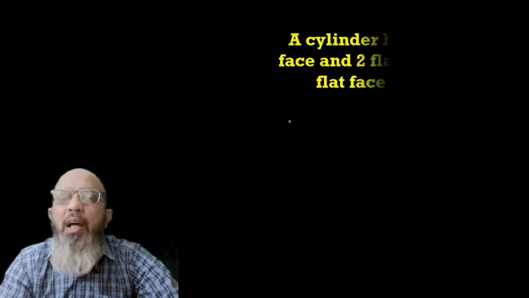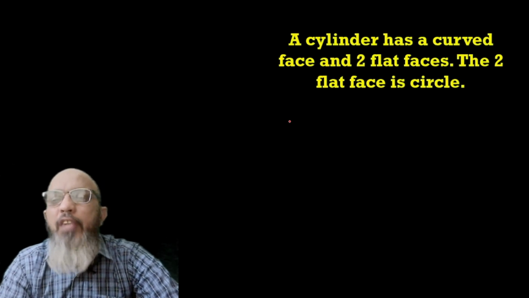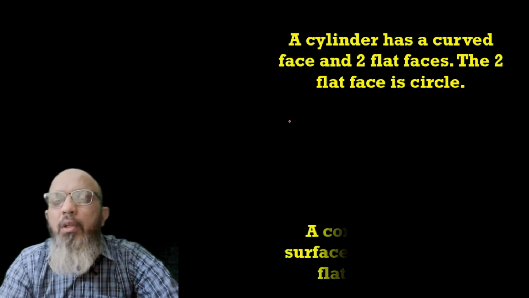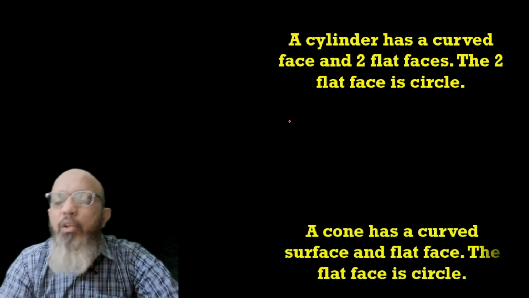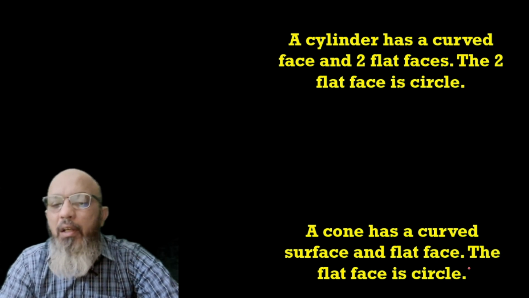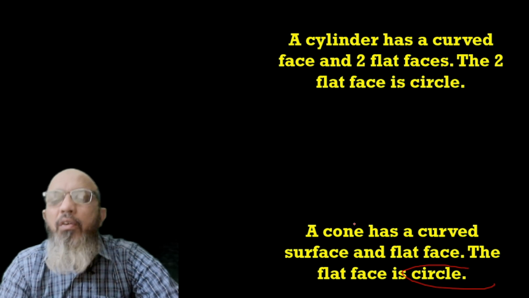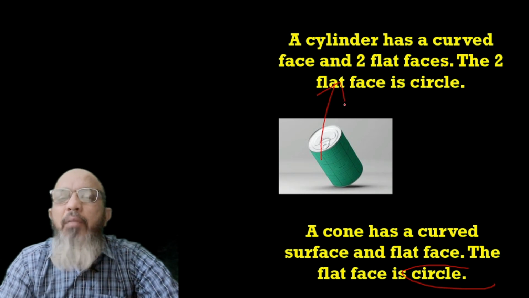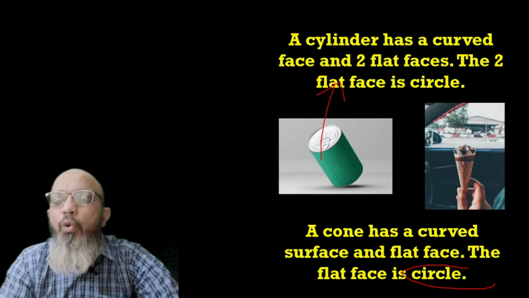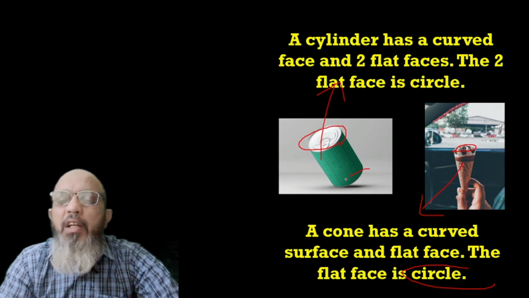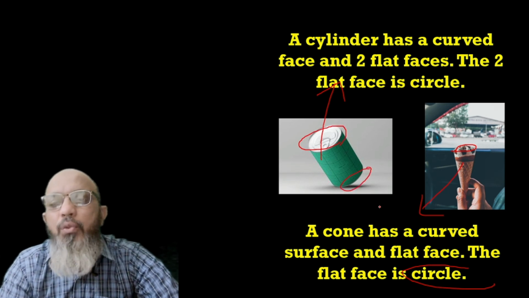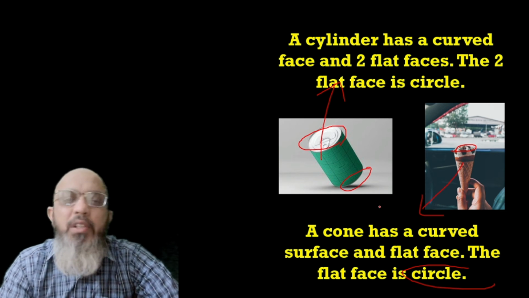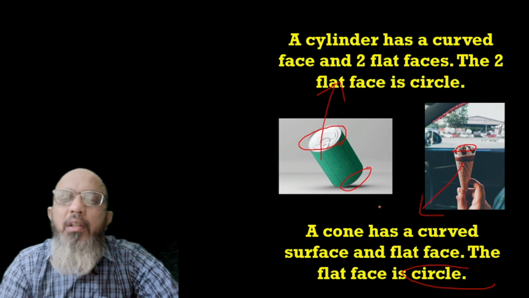So that is the basic difference between cone and cylinder. Just look here, a cylinder has a curved face and two flat surfaces, but what is a cone? The face is circular in the cone, but it has only one circular face. In the cylinder we have two. This is your cylinder shape, right? And that is your favorite cone. It has only one circular face, and it has one edge. But look at the cylinder, it has two circular faces, right? So I hope you understand the difference between cone and cylindrical shapes.